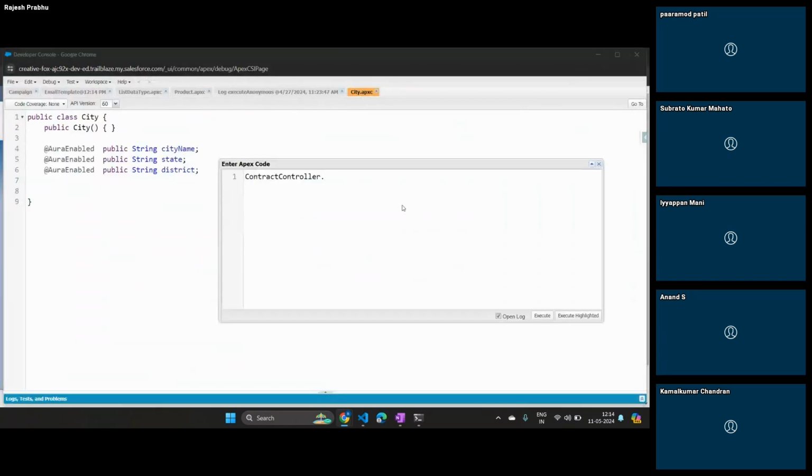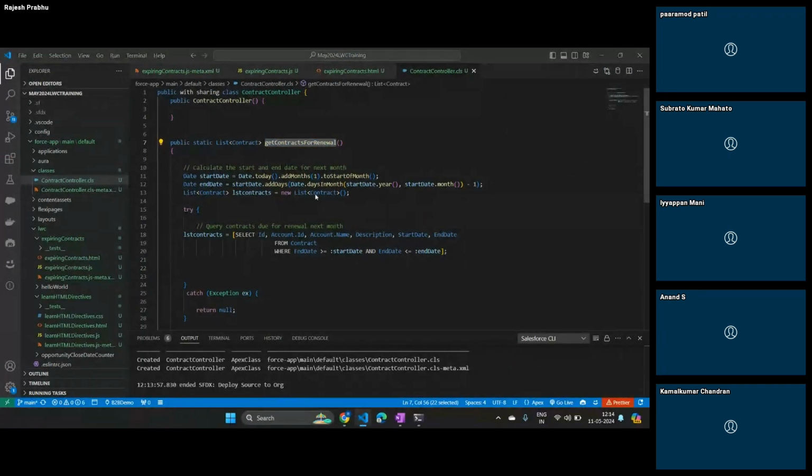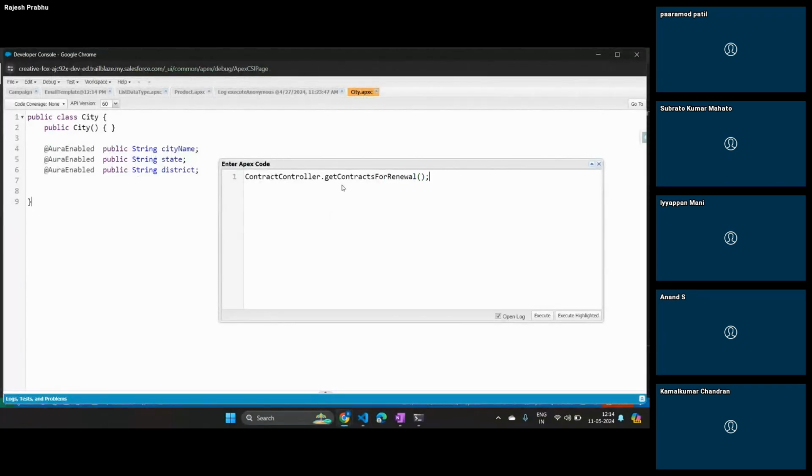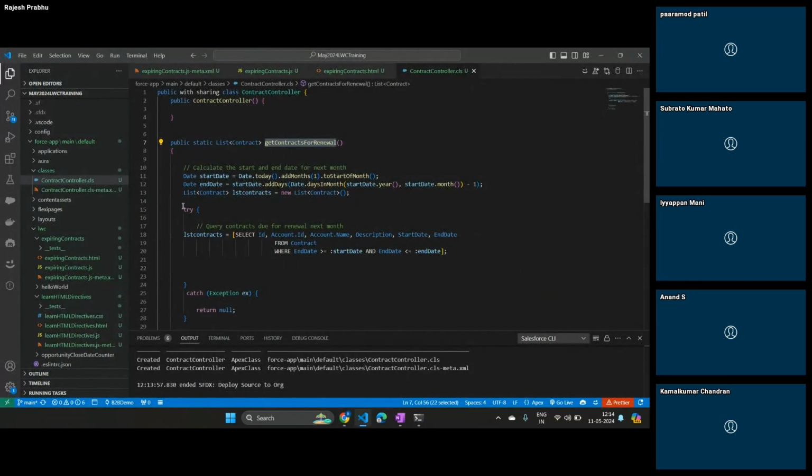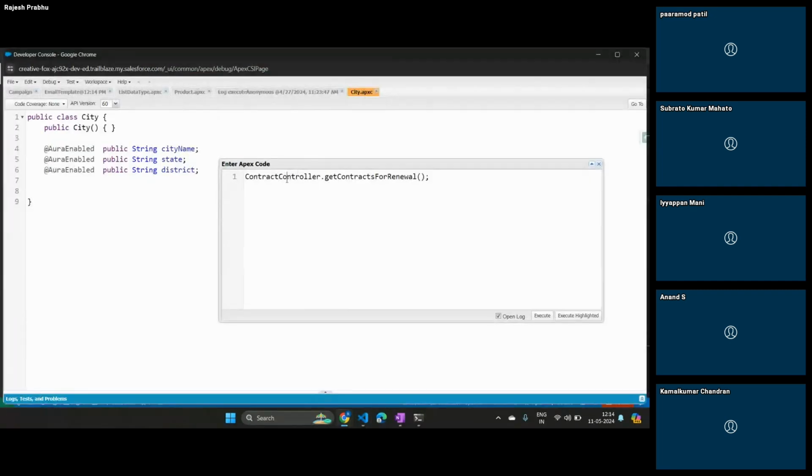Controller dot, what's the name of this? But do I really have data? That's the question. Let's try this. First, let's put this one. All right. System dot debug of